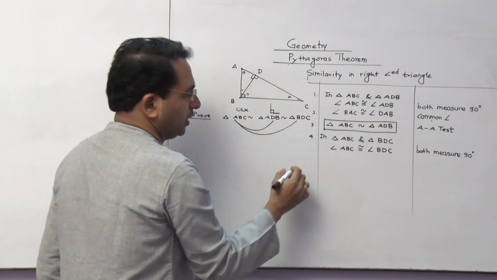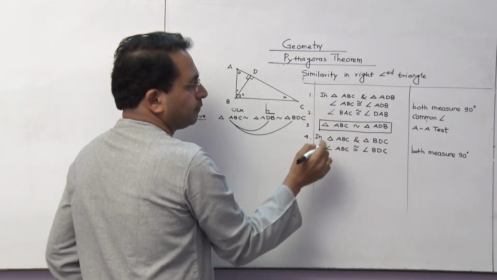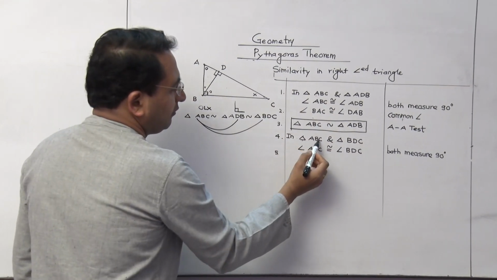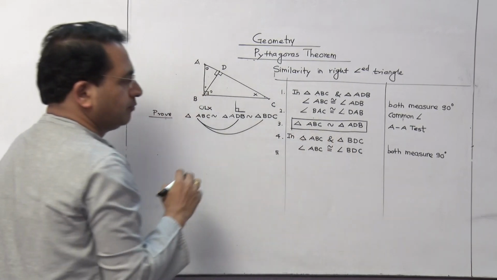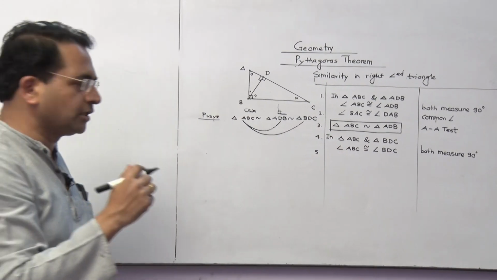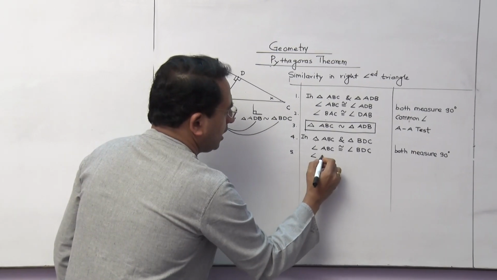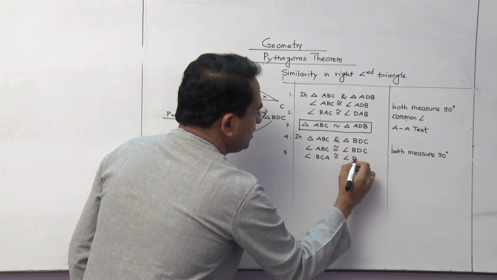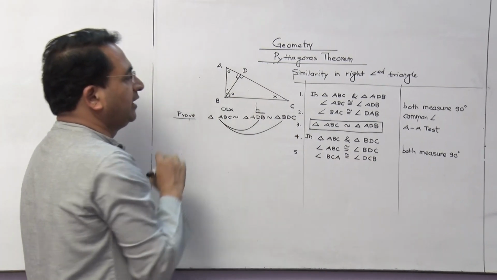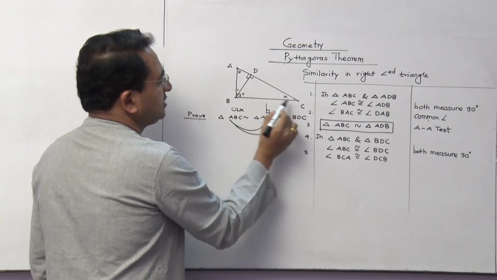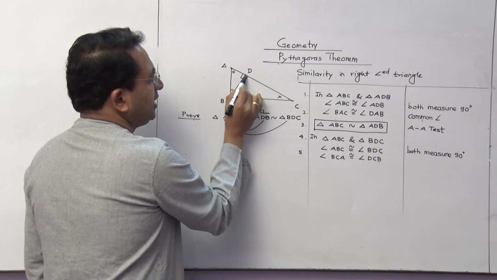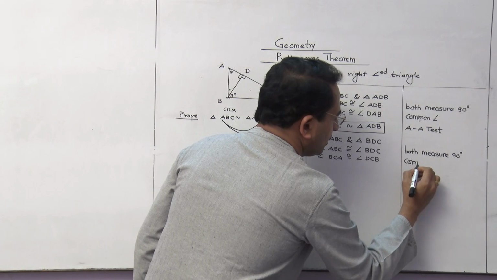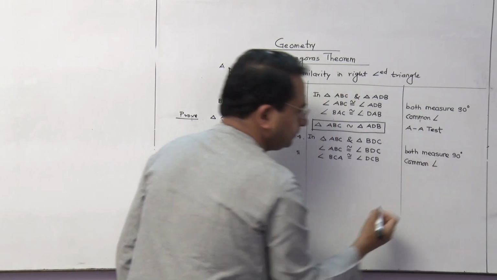90 degrees. Now in the earlier set, the starting letter was the same, which we kept in the center. Now here we have to say the end letter is the same. We will keep that at the center, and that is what it becomes: angle BCA is congruent to angle DCB. Now check that. BCA is this angle. DCB is also the same angle. So the reason here is common angle.